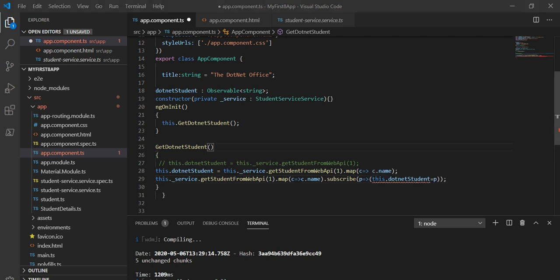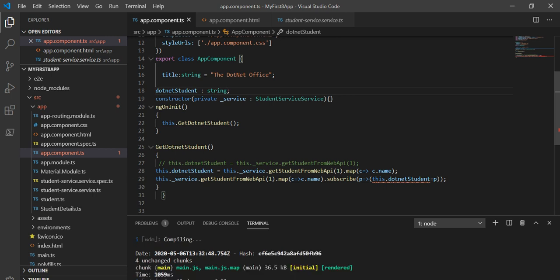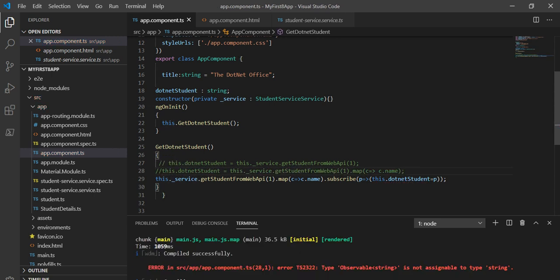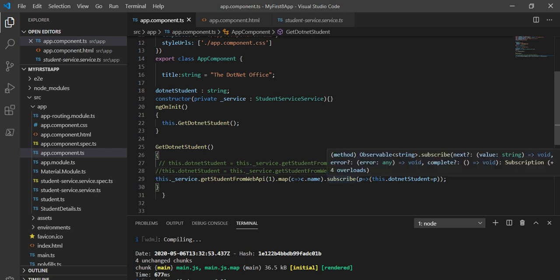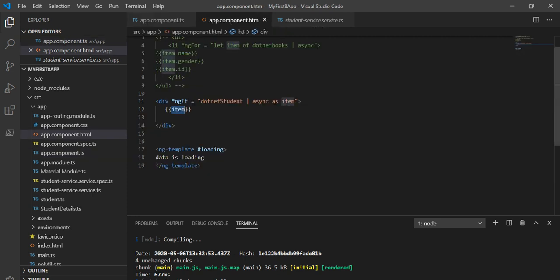Now next, we have to make it as a string. This we have to make as a string. That's the next thing. And comment out this line first, because now we are not going to use it. So that is the way we can use the subscribe. Now on the HTML page we have to make some modification. Now I will comment it first,